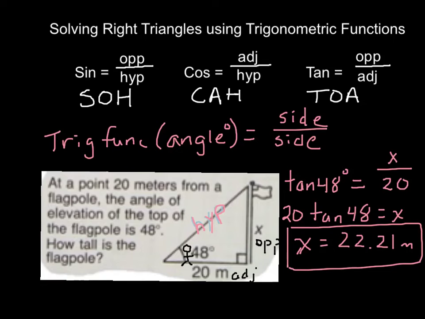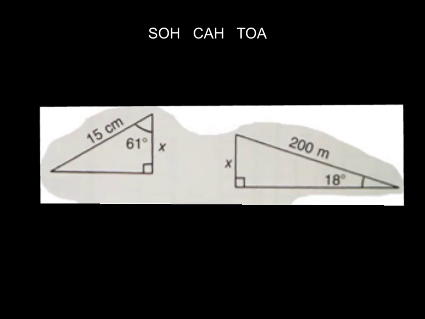If you get a negative number, obviously that's not good. If I got 0.75, that doesn't make sense. Or if I got 120, that doesn't make sense. So just make sure that it makes sense that this would be 22.21, and it should. Okay? So now we have two more triangles, and let's go ahead and just set up the problem first,